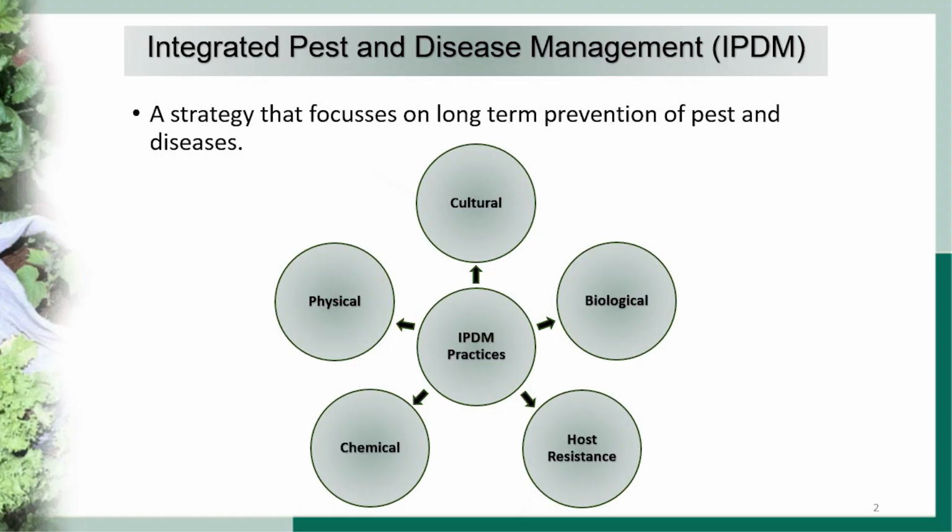So there are different methods, as I said, in integrated pest and disease management. You have the cultural method, you have the physical and mechanical method. You also have the biological method. You also have chemical methods that you can use, which is usually your last resort. And then you could also use host resistance as a starting point to be able to use integrated pest management